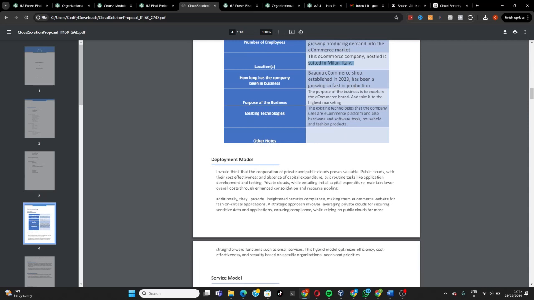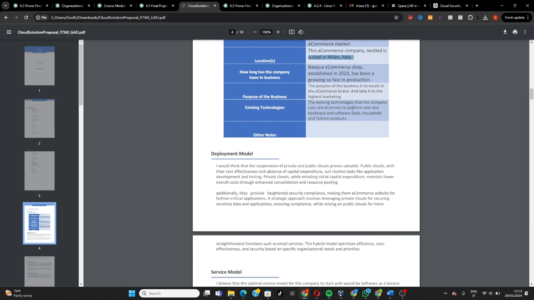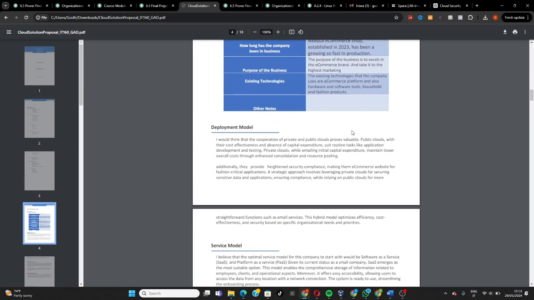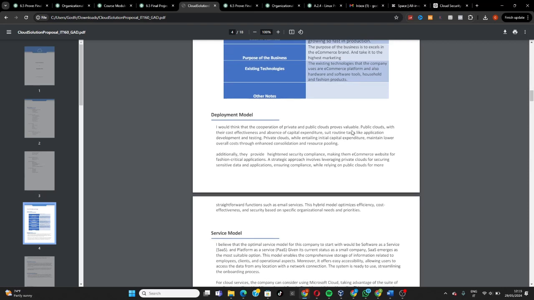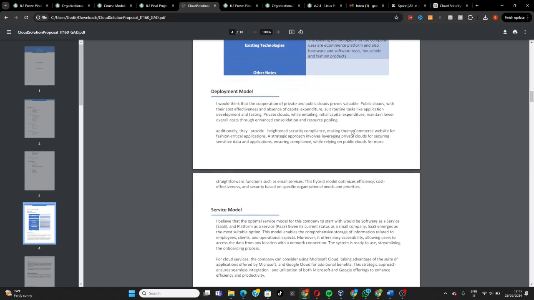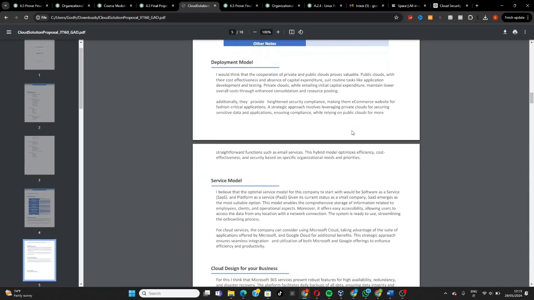The purpose of this business is to excel in the e-commerce brand and take it to the highest market level possible. The technology they use: the company is an e-commerce platform, and also the hardware and software tools, household and fashion products. They use existing technology, like computers, smartphones, and also iPads, to work, brainstorm, and make demonstrations on how their